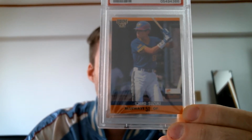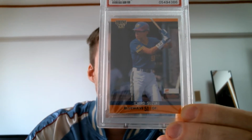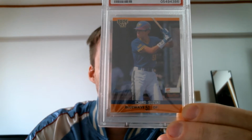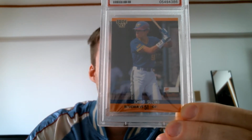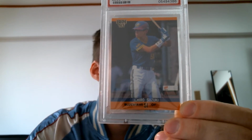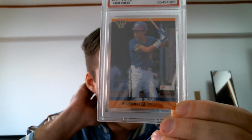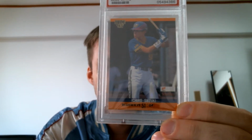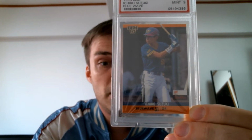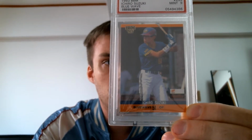Leadoff hitter in the Western League. So the Western League is a Japanese minor league. If you remember, Ichiro, this is the 93 card, 92, 93. Ichiro did some bouncing around. This is not on the card, by the way. Ichiro did some bouncing around, and he spent most of his time in 92, 93 in the minors. So anyway, back to the card. So leadoff hitter in the Western League